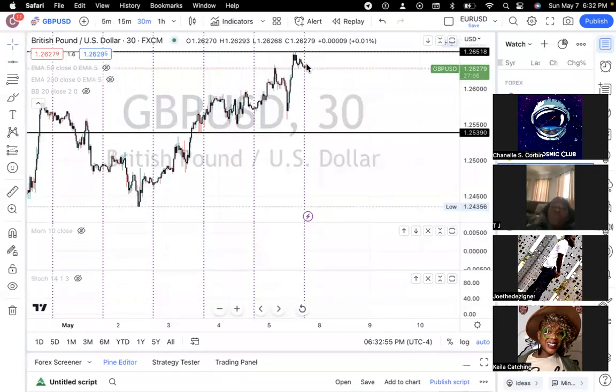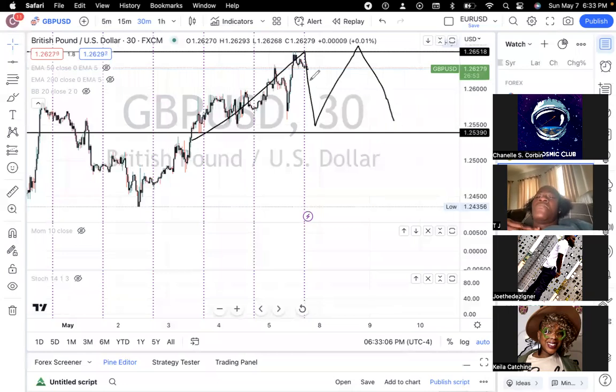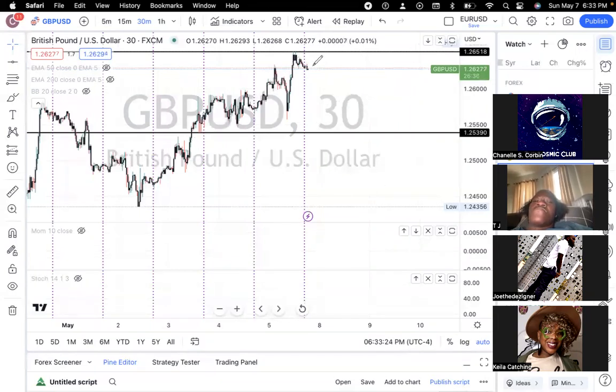So if we got in for a sell here, and Killa, this is just the pair we're analyzing. First thing we talked about was just head and shoulders, which is the pattern that goes up, down. So it's the left shoulder, this is the head, and then it's the right shoulder. I just want to catch you up, so that we're familiar with this pattern. We see it all the time, but this is just a common name for it, which is the head and shoulders. So if we said this market was going to sell, again, our stop loss will be here,